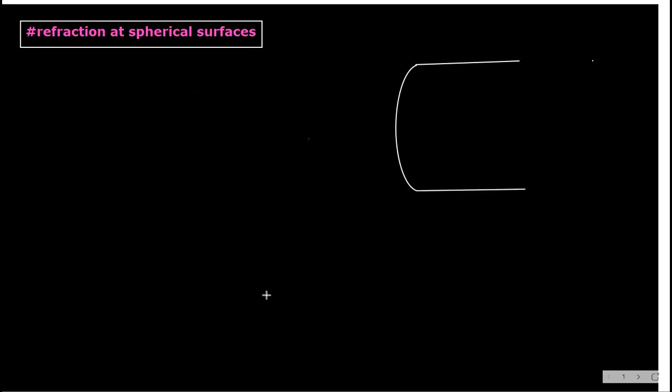Now assume that this is the axis for this curved surface, like a principal axis. And now I am keeping here one object, that is O.